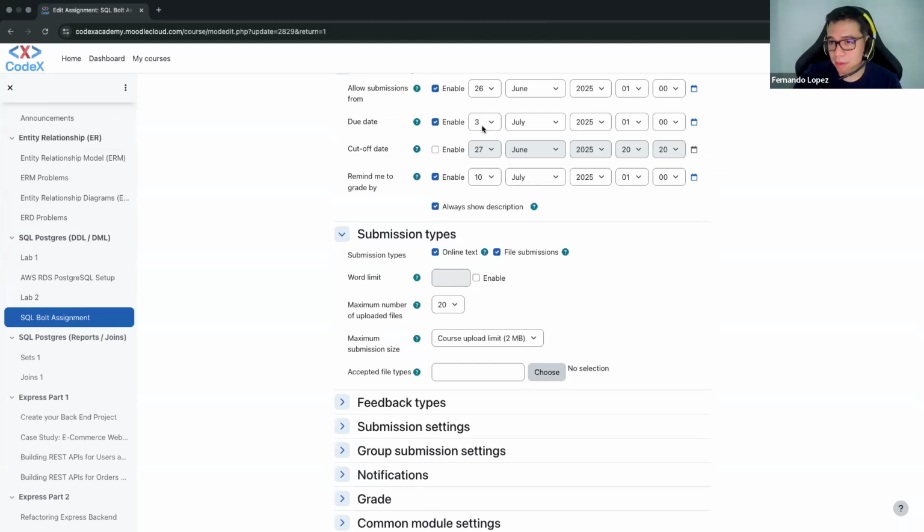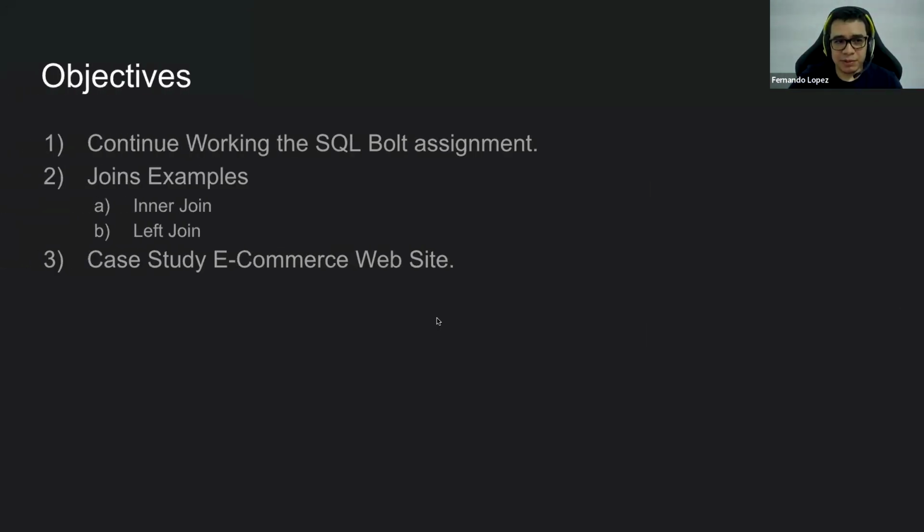For example, the way I help with Raylon, I could be helping you too, guys. So don't be hurried that you need to finish this today or tomorrow. We have like 5 more days with this due date. So don't worry about it. Okay, let's continue. Today it's very important that we have a review about joins. We're going to remember how to do inner joins and left joins. Now, you have a lot of practice right now with SQL Bolt, so maybe you're going to help me find the solutions. Now, I have a case study for an e-commerce website.